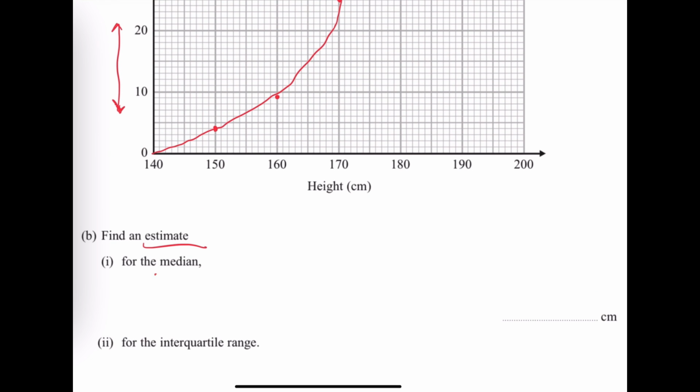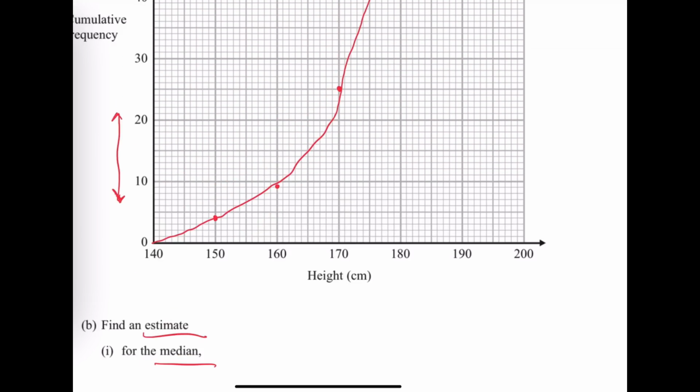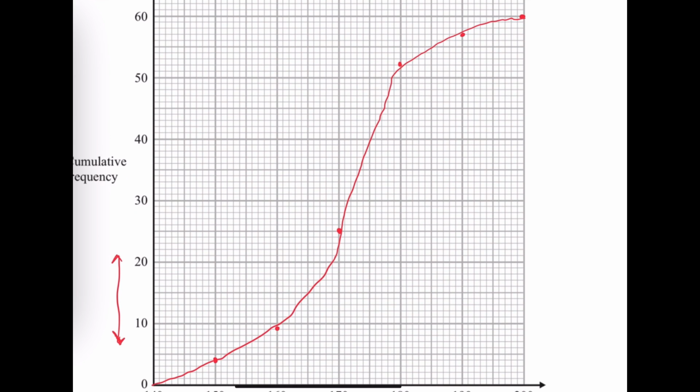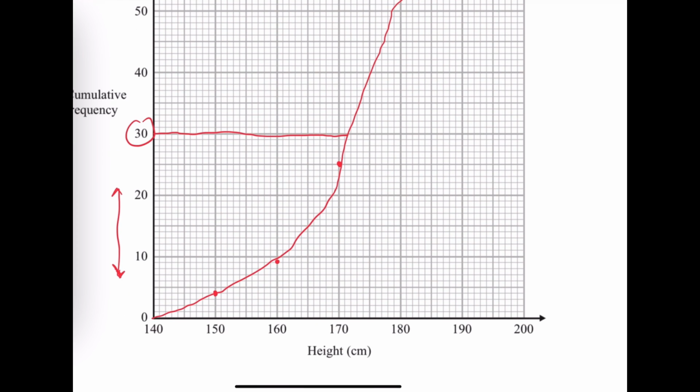Now find the estimate of the median. How you find the median is that you go to your cumulative frequency. We know that we have 60 overall, and half of 60 is 30. So what you do is go from 30 across until it touches your curve, and you stop there, and then you start going down. You can see that that is